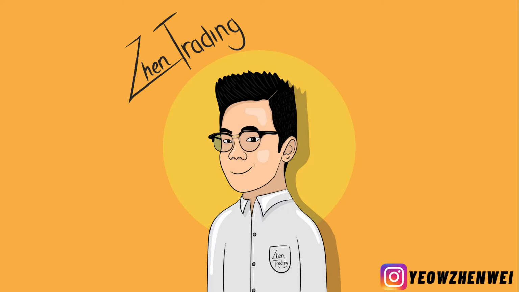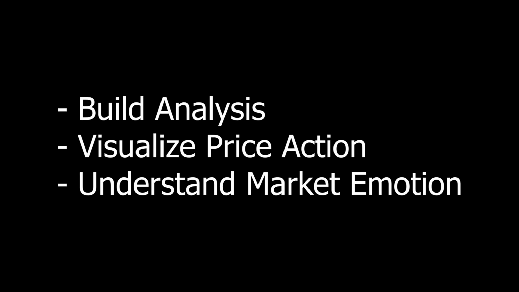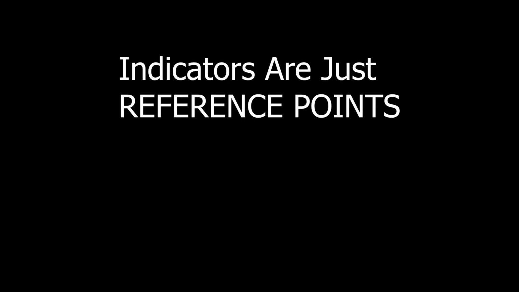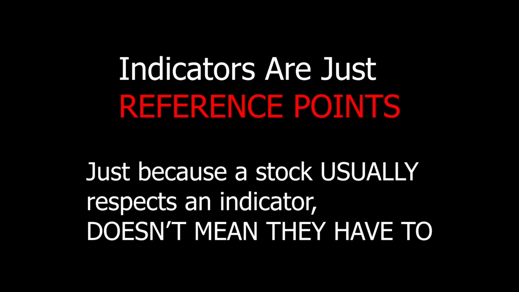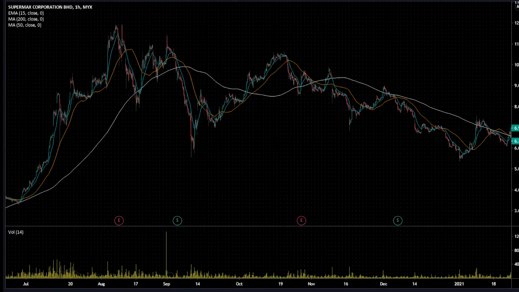So technical indicators help traders build their analysis. It helps them understand the price action and it helps them understand the emotions of the market. But indicators are just reference points, and just because the stock usually respects an indicator doesn't mean they have to the next time. So you should use these indicators as extra confirmation rather than only buying based off one single